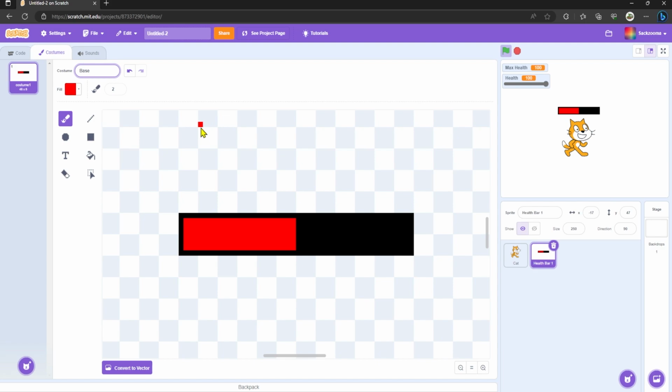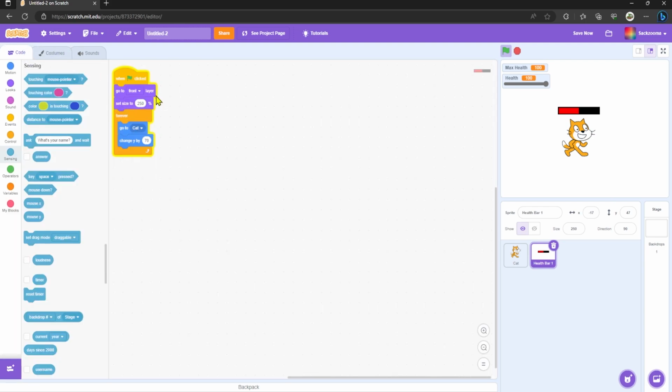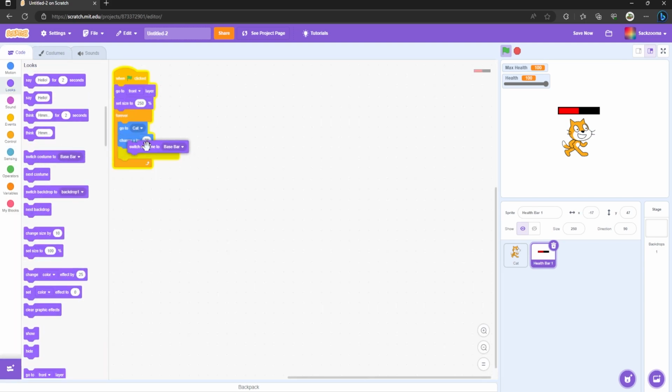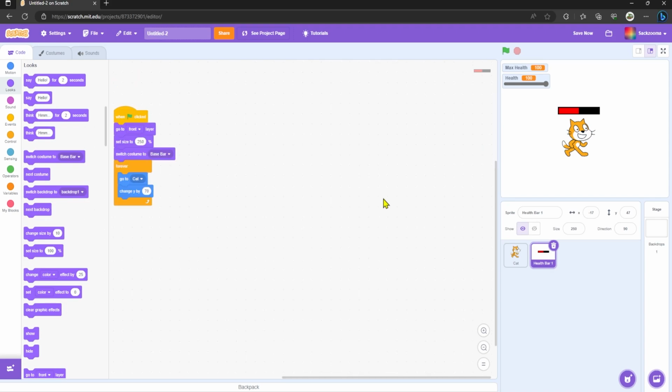base bar. Base bar. We also need to set the costume to base bar. I almost forgot. Make sure you set the costume to base bar, because that would be the full health whenever the game starts. Now, to make it so the health bar actually kind of